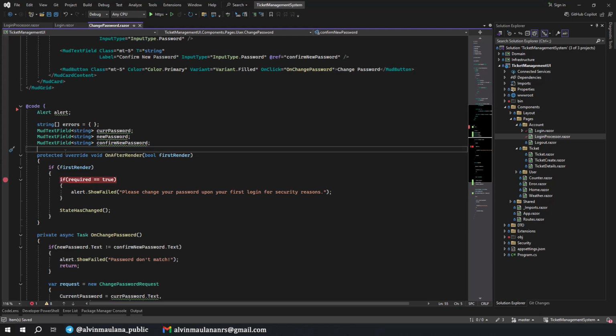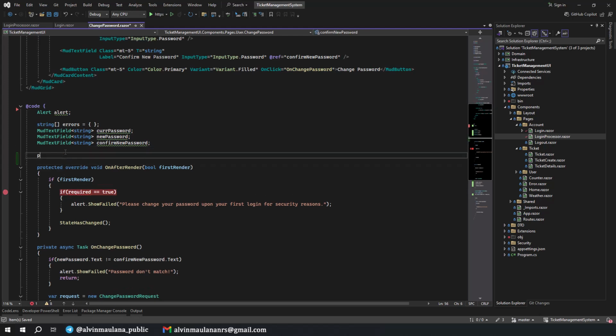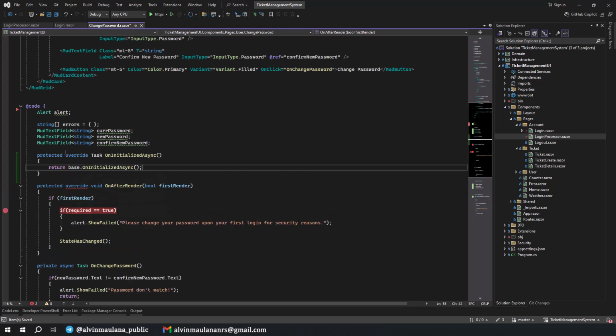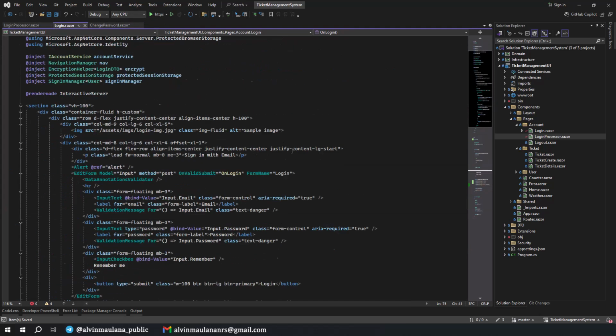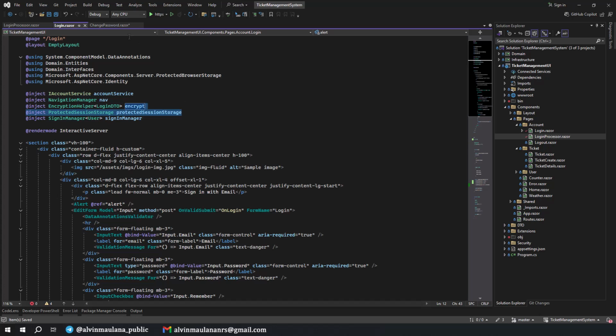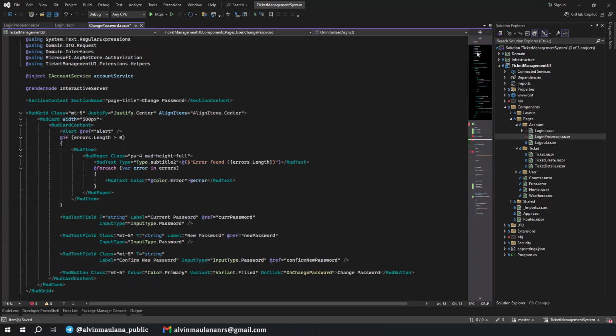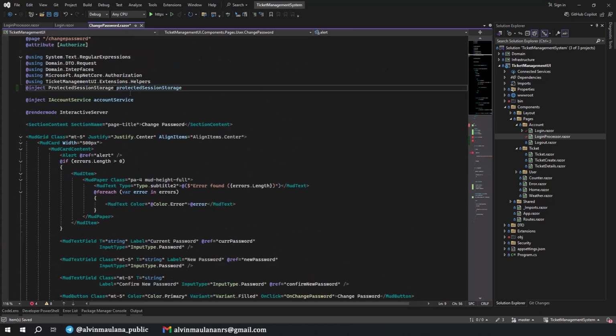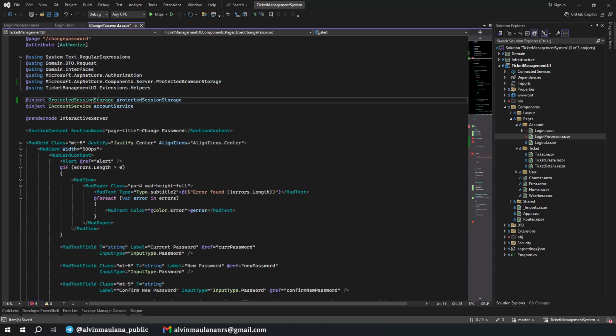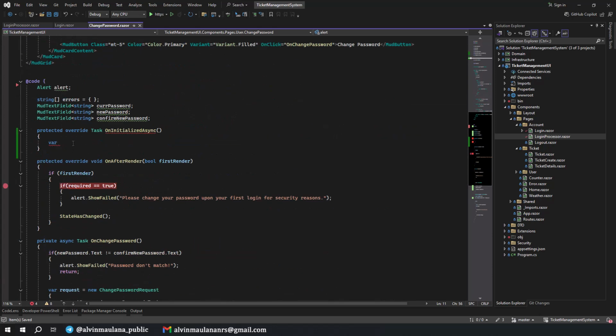Maybe we do it on initialize instead. Let me check, is it available on initialize asynchronous? We need to inject first. We need to inject this one. I copy and paste here, and then add the reference. Okay, so we're able to get the value in here.